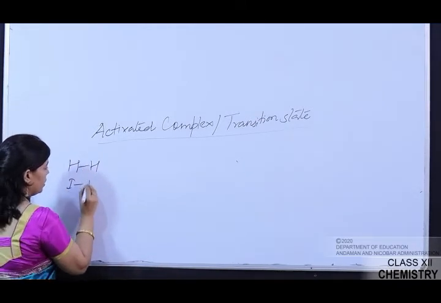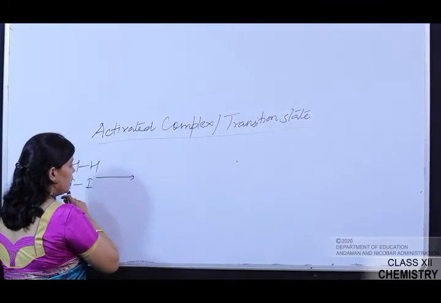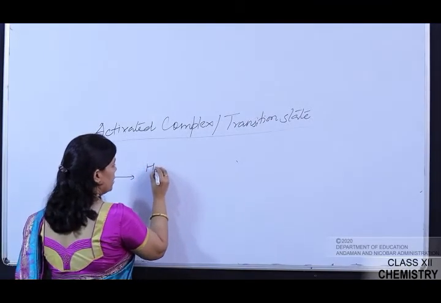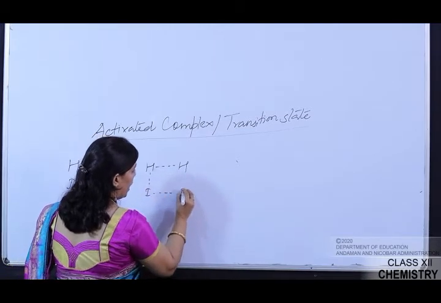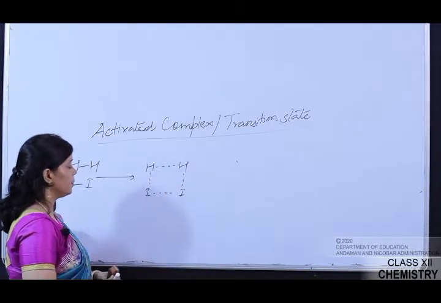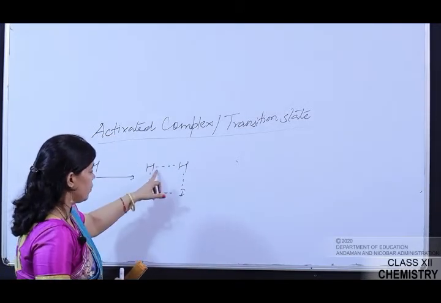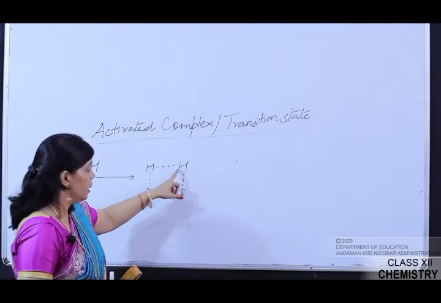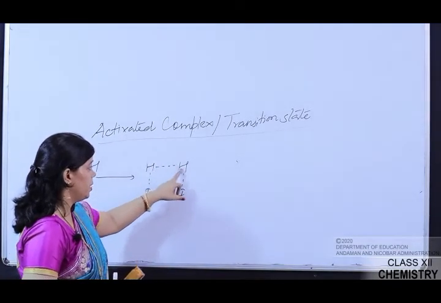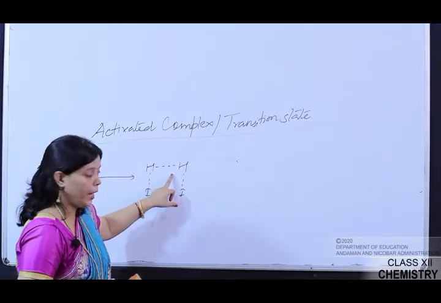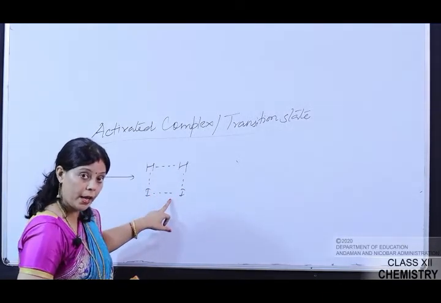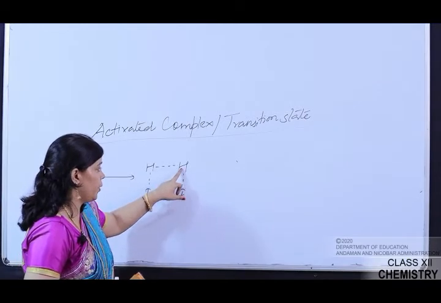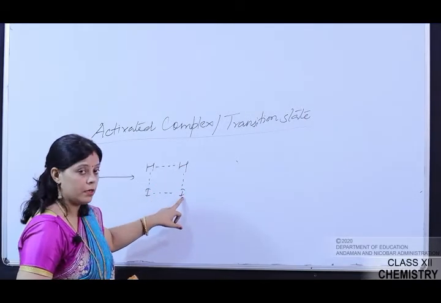combines with iodine, initially it forms an intermediate. In the intermediate you can see that the bond which is present in the reactant molecule, that is the bond between H and H, starts breaking. The bond between iodine and iodine also starts breaking, whereas the bonds between hydrogen and iodine start